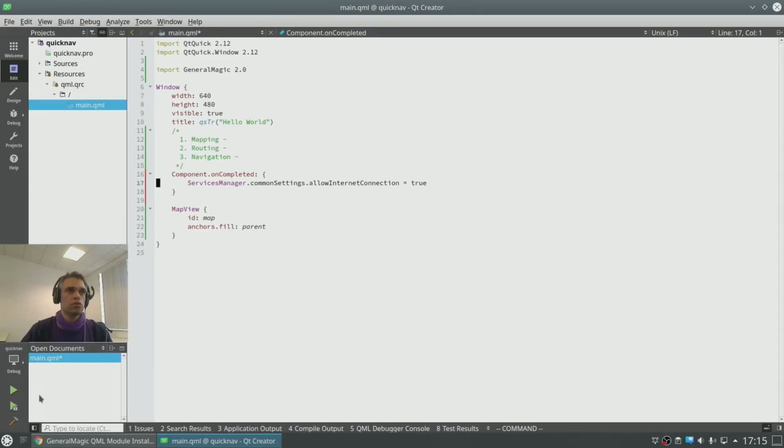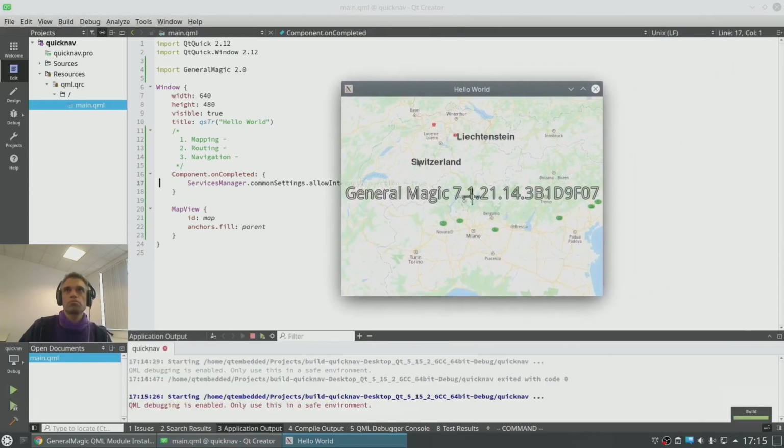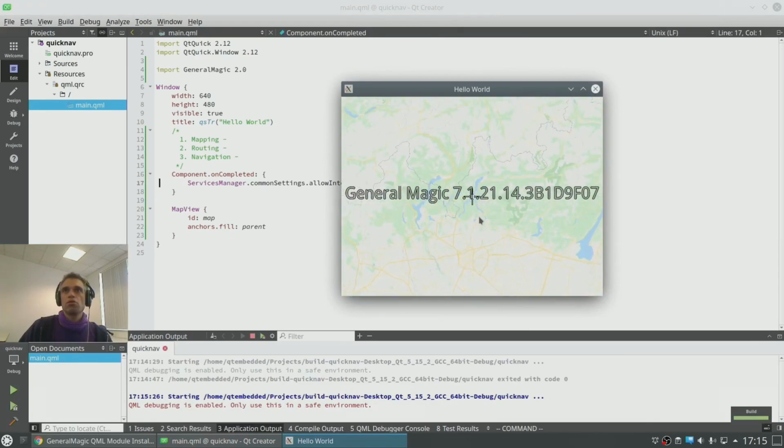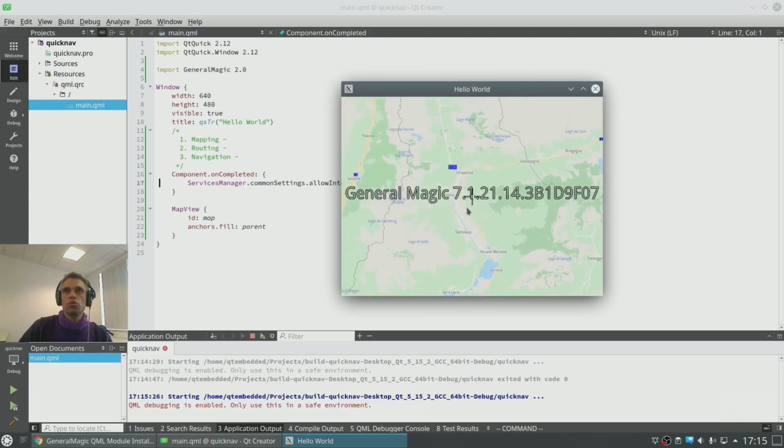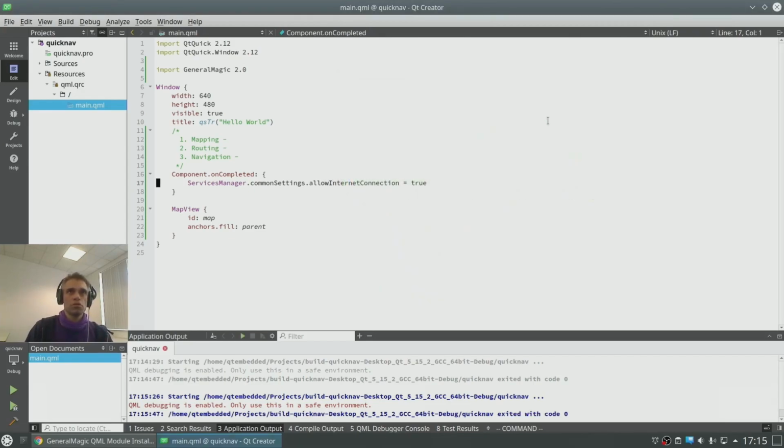Let's see if that works. So now when we zoom in, we see that more and more details appear. There we go. Tiles and other map elements are downloading.